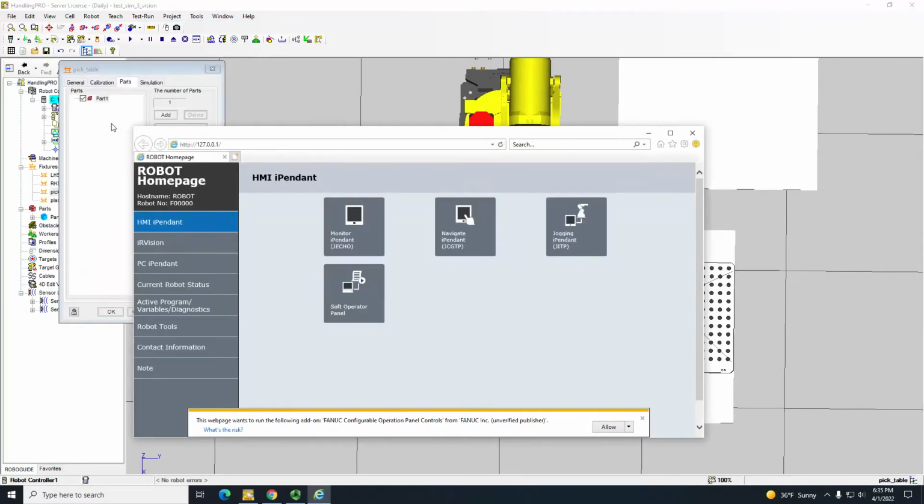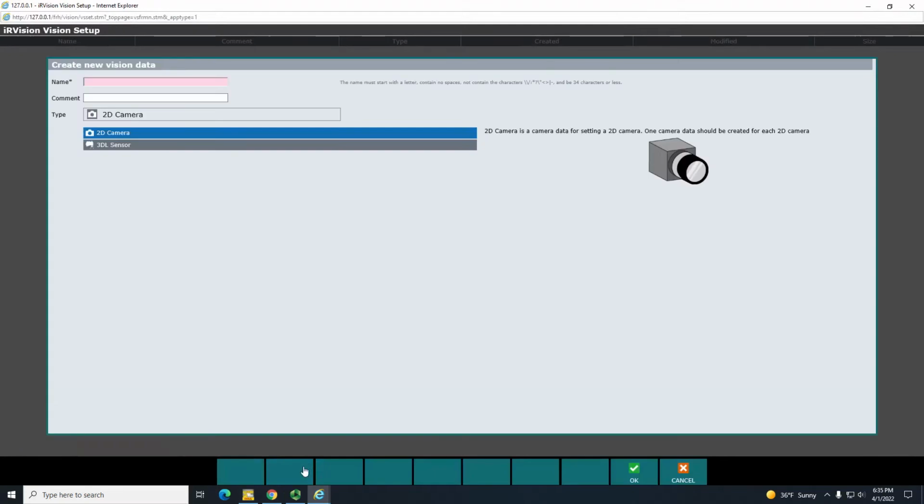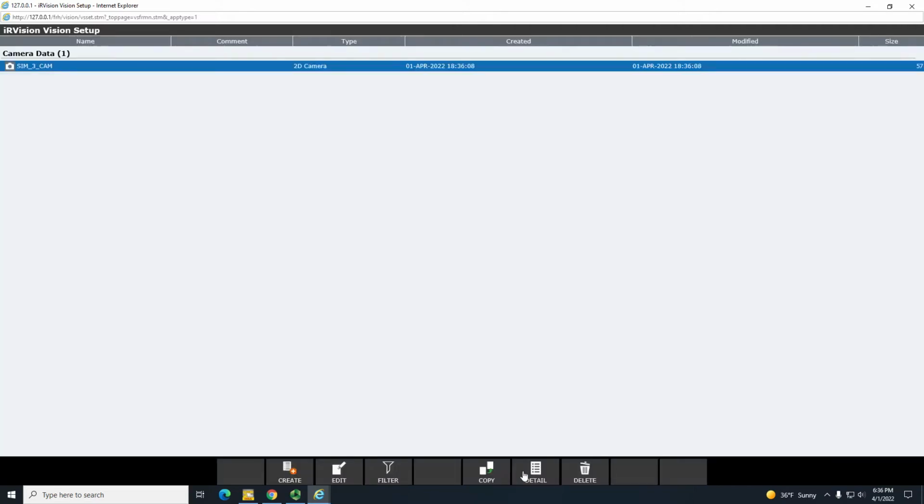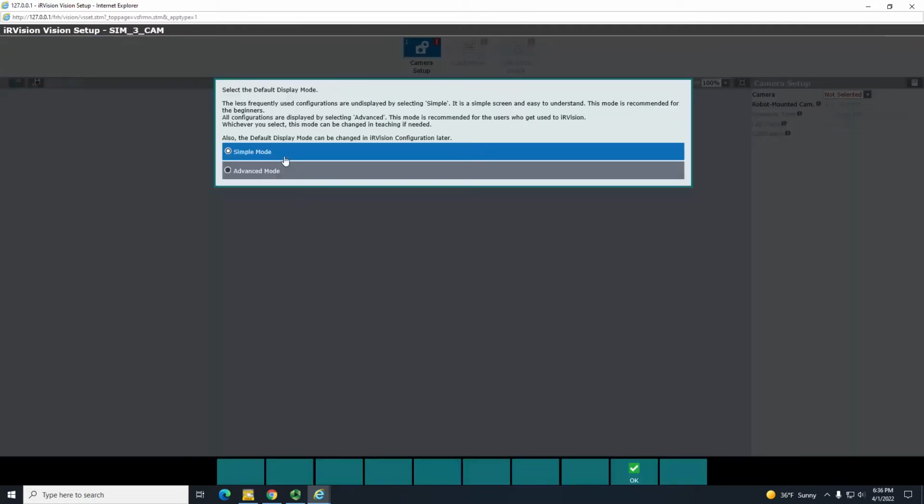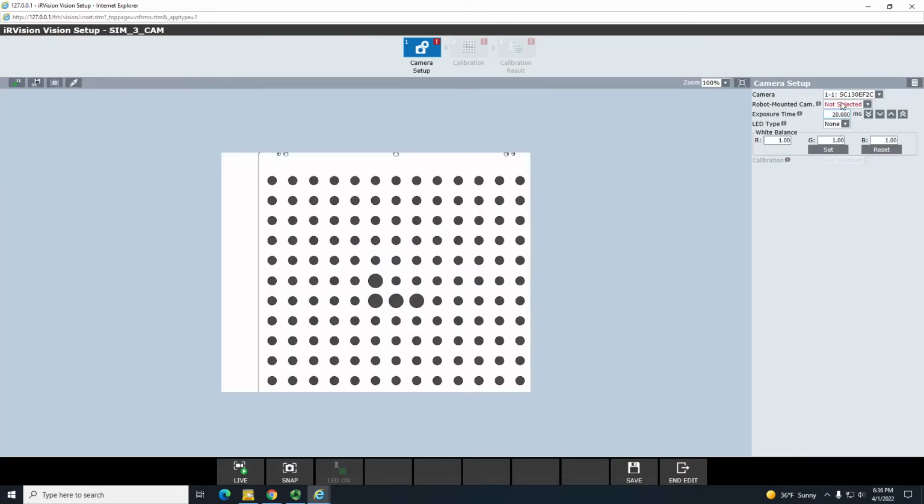I open the browser, I go to iRVision, I hit iRVision setup. See the small thing here. Open it up. Just name this as calibration or vision sim 3 cam 2D cam. Okay, double click on that. Advanced mode, obviously. Select the camera, select camera 1, right? You see